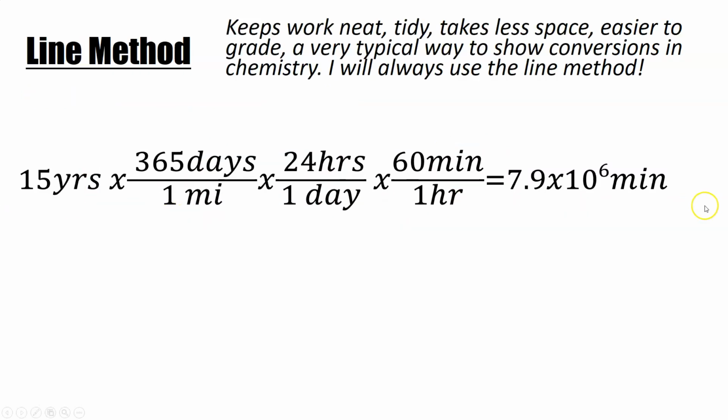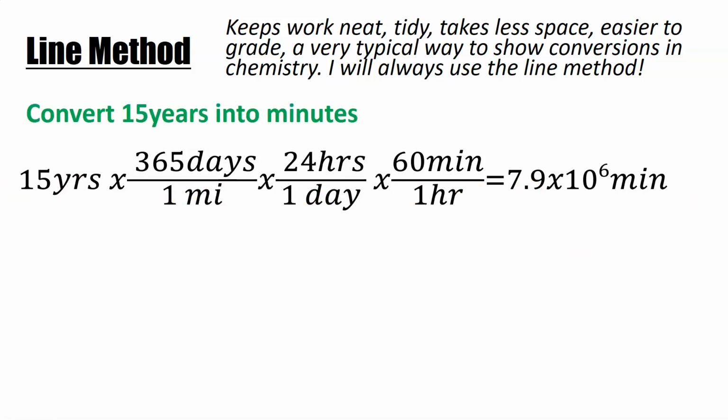So here's the exact same problem from the previous screen. I start with my known value. What I'm going to do is instead of having a multiplication symbol, I'm going to put a vertical bar. This is going to end up looking like a series of little boxes instead of a whole bunch of fractions. And you would be pretty surprised at how much space this method saves you when you're doing